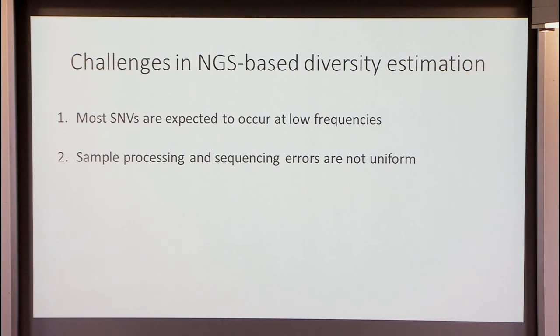The second one is that there are these errors, and as I indicated on the previous slide already, they tend to be non-uniform. That makes it very difficult to distinguish them from the true biological variants. And the last point, at least the way I pose this problem now, is that we look at each column separately. So if you do this for many positions, maybe even the whole exome or the whole genome, you have to test many positions. So you need a statistical test that's very conservative, such that you have a handle on controlling false positives.